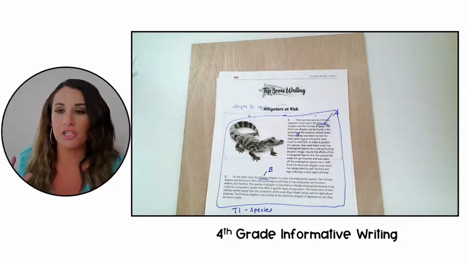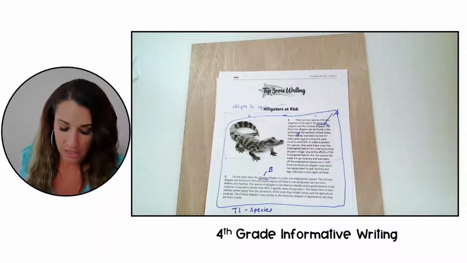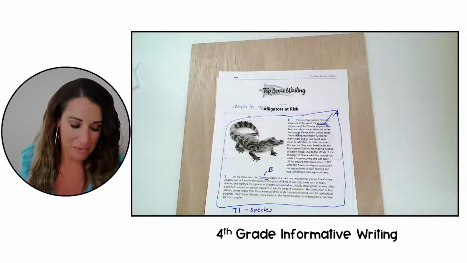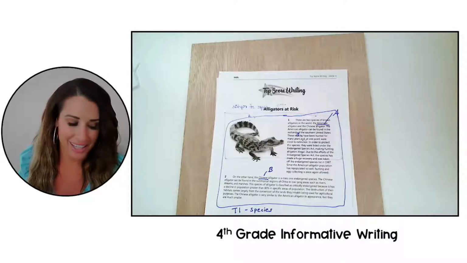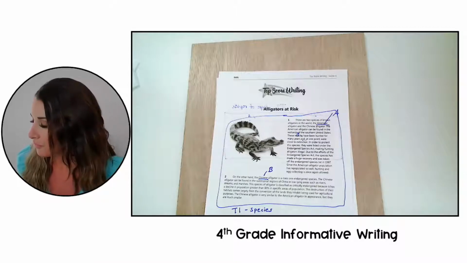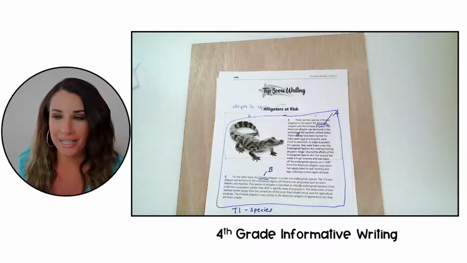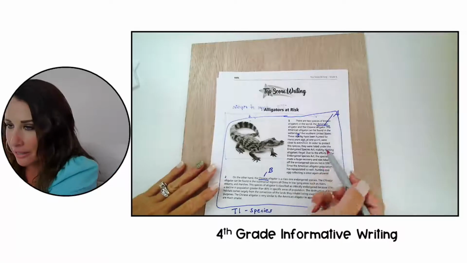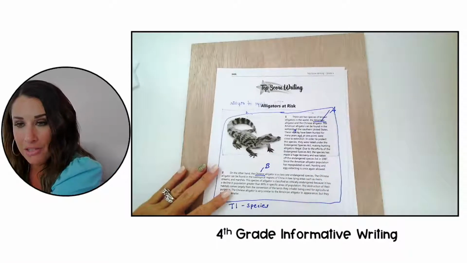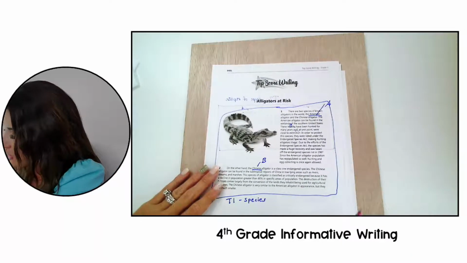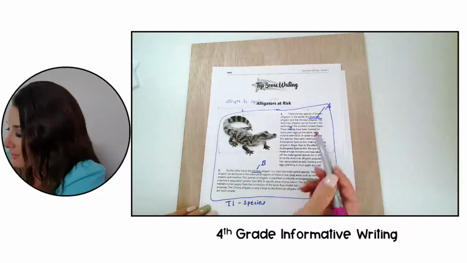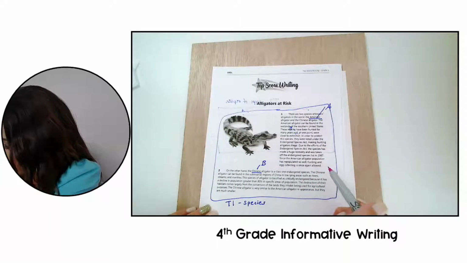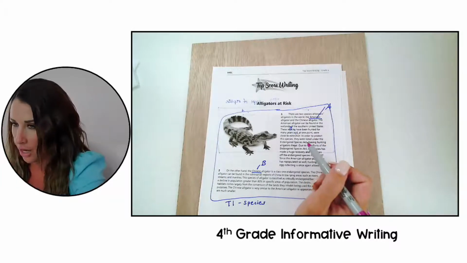This is the first part of text-based writing that you're going to be learning: how to take information from the text and then write it in your essay. So I have to write 3 to 4 sentences about my A, and my A is the American alligator. I know exactly where it is in the passages because I boxed and labeled. So I know here's the information about species, and I know my A American is right here. So I'm going to go through here, and now I'm going to take